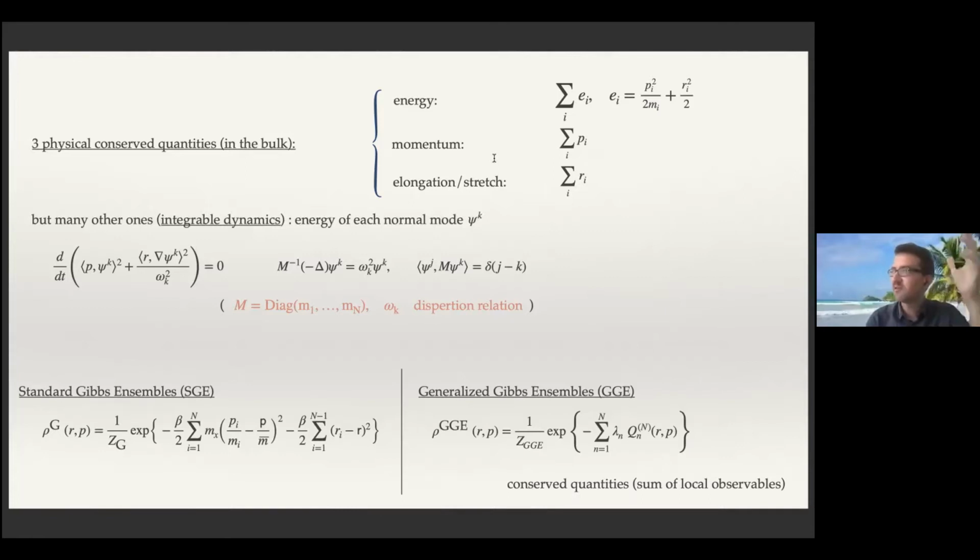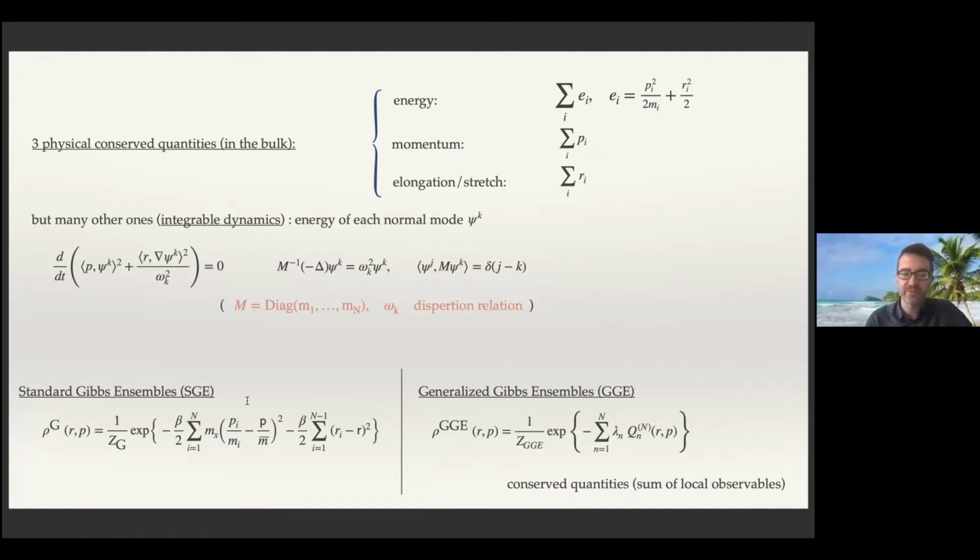Of course, it is not totally true because, for example, if you consider some exponential potential, you get the Toda lattice. And in this case, we know that this is still some integrable dynamics. So it happens that for some special non-linear interactions, maybe you have more than only these three conserved quantities, but we expect that in general, for a generic interaction potential, you have only these three. And then associated to these three conserved quantities, you can introduce the standard Gibbs ensembles,